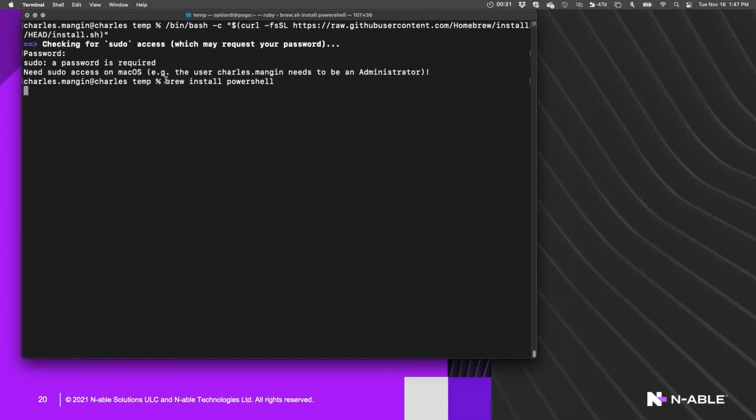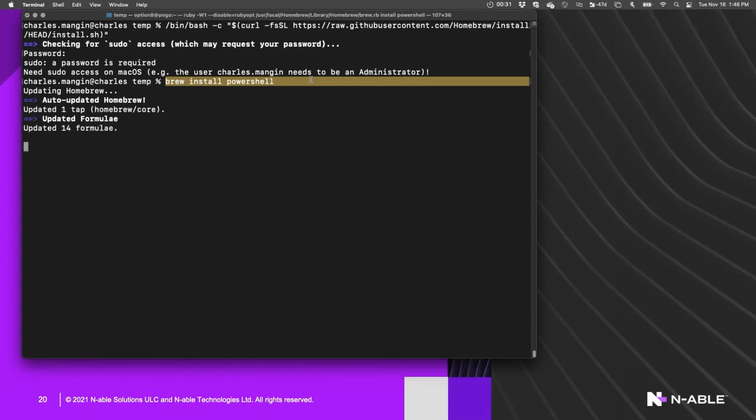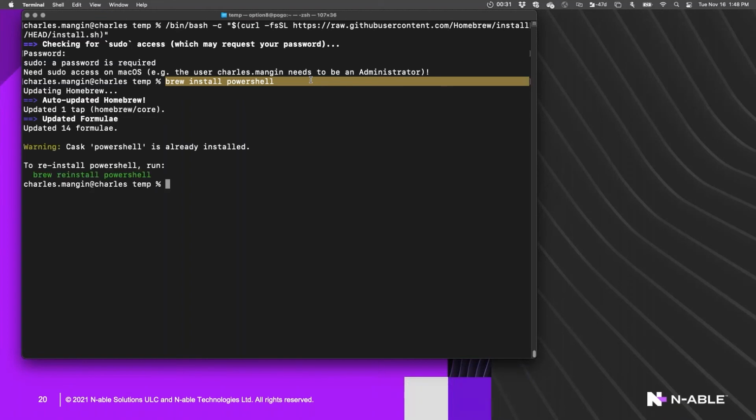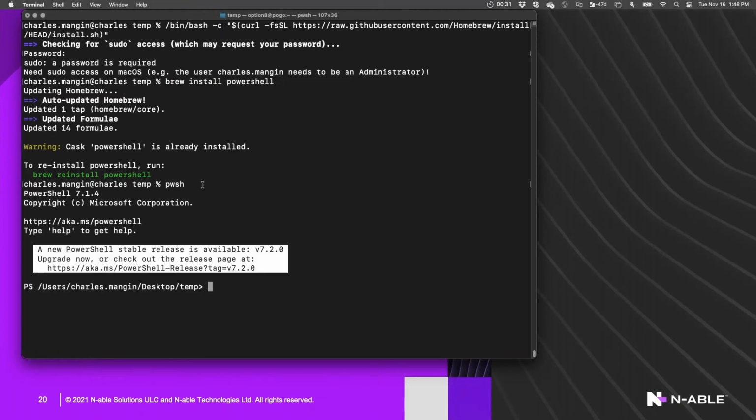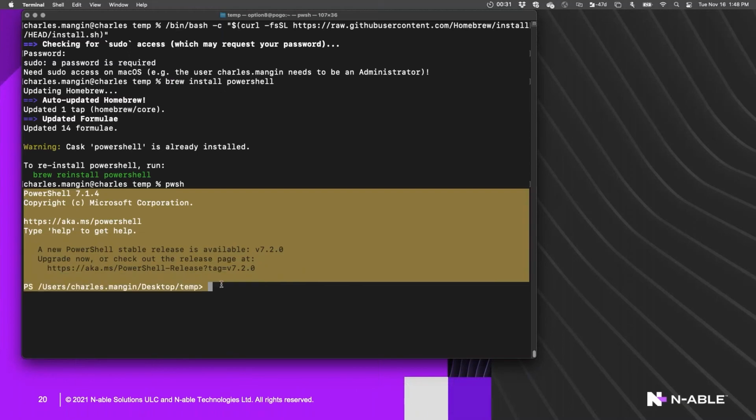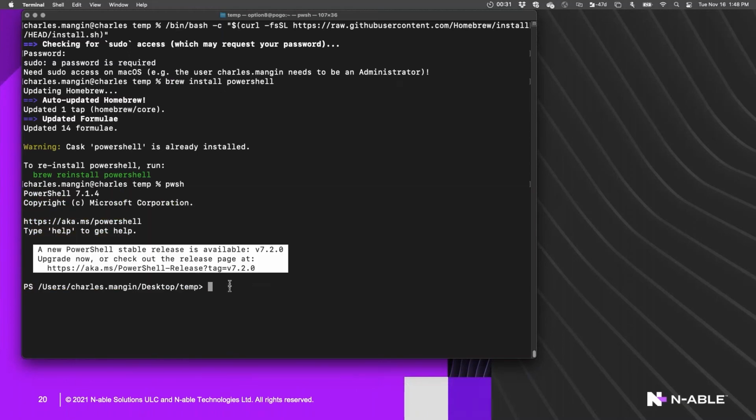And so with a command like install PowerShell, it will go out and find the installer for you and update it and grab the dependencies, if there are any that need to be installed or updated, do all of the necessary bits of permissions and creating files and folders. And when you're done, you will have access to the PowerShell environment. So this is now running PowerShell on my Mac.